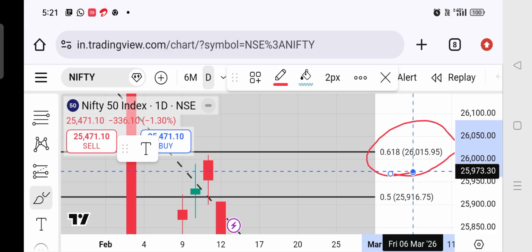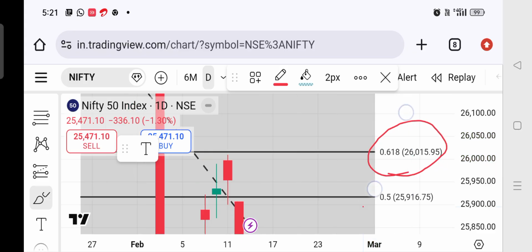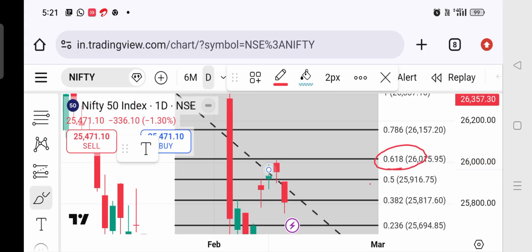26,115, 26,016. After breakout only is market will be buy trend. Otherwise market will be downtrend. Same time